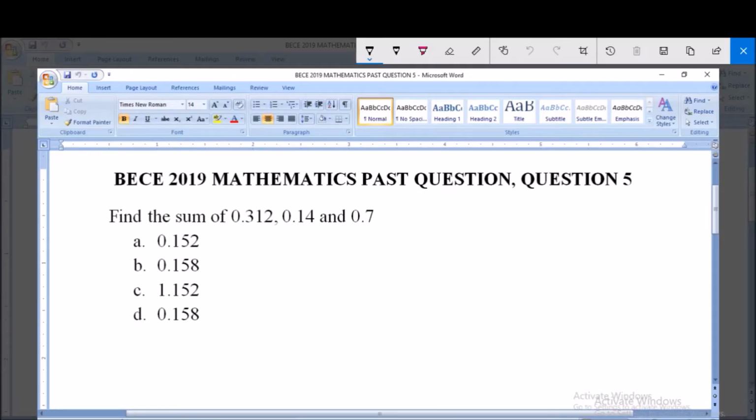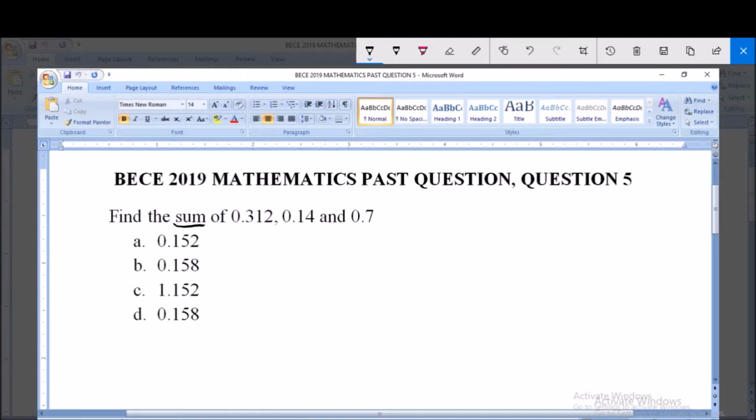Today we're going to be looking at BECE 2019 Mathematics Past Question, Question 5. Find the sum of 0.312, 0.14 and 0.7. A 0.152, B 0.158, C 1.152 and D 0.158. Now we are asked to find the sum of the following decimal numbers, and like you know, sum simply